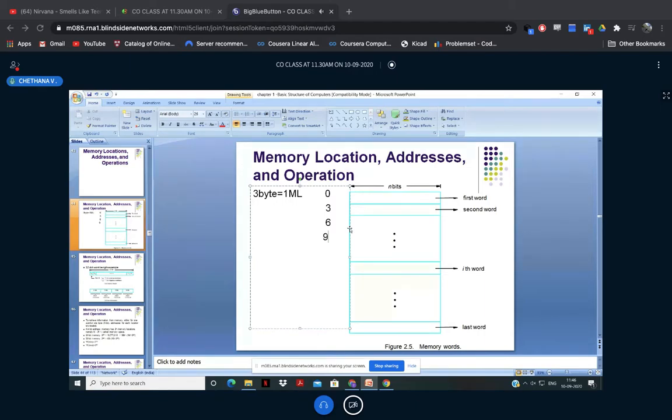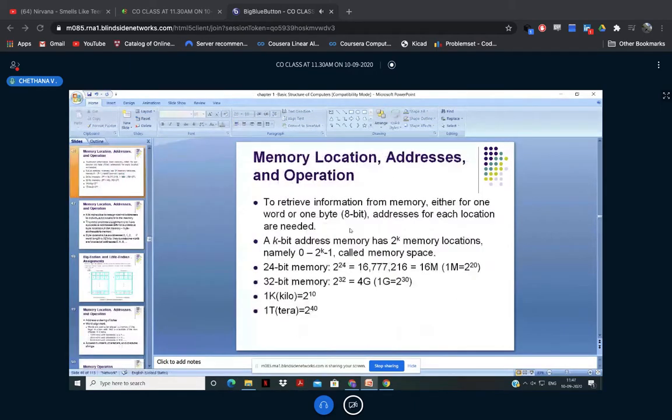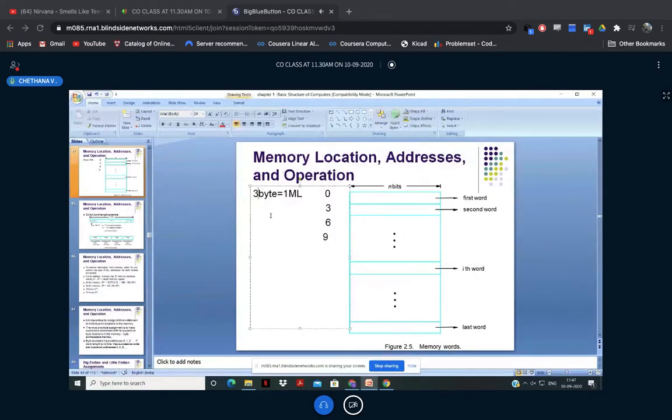Okay. So now my question to you is, in case it is 4 bytes. In one memory location, in this particular one memory location, I'm going to store 4 bytes of data. At that time,